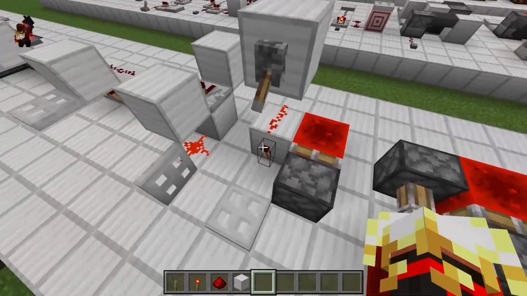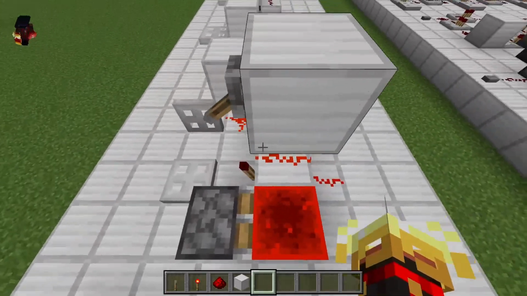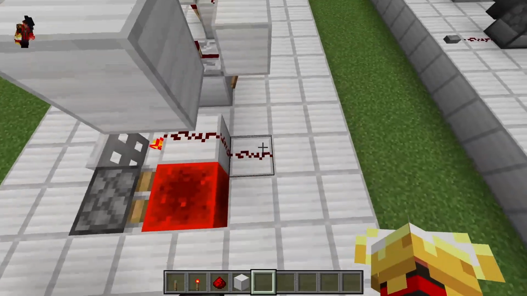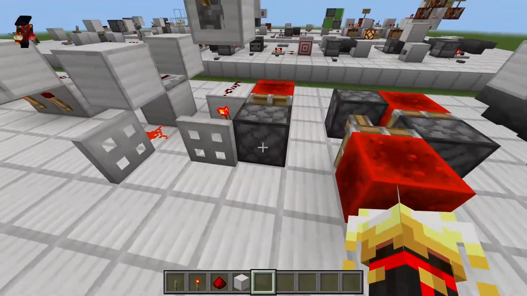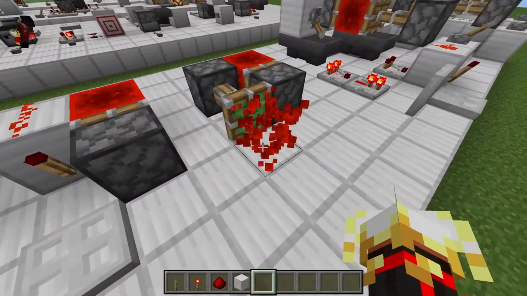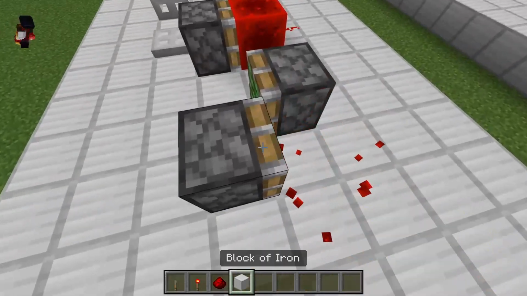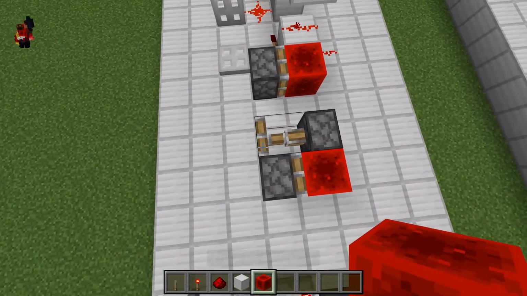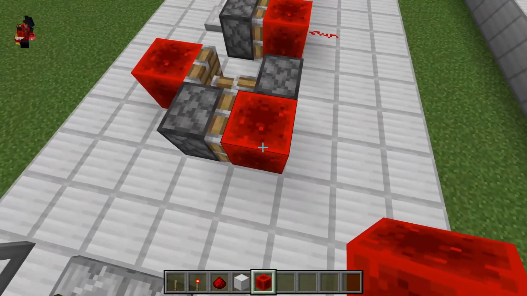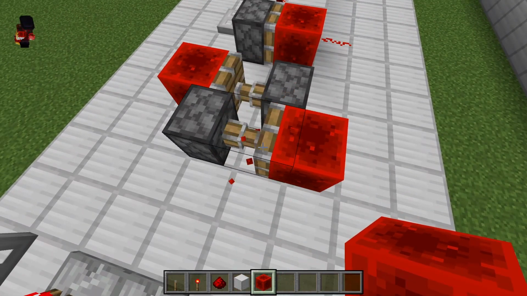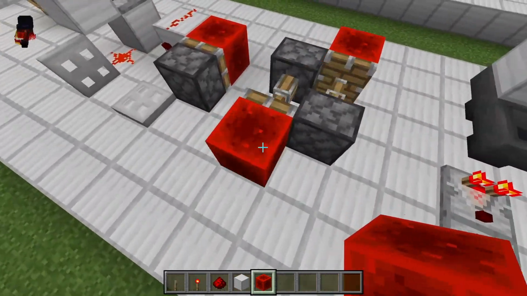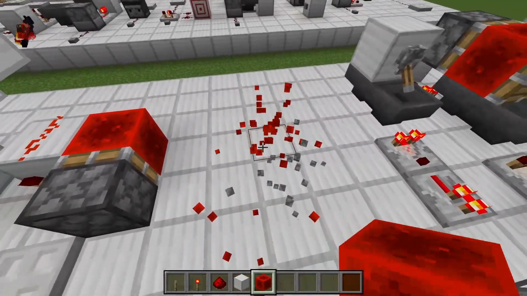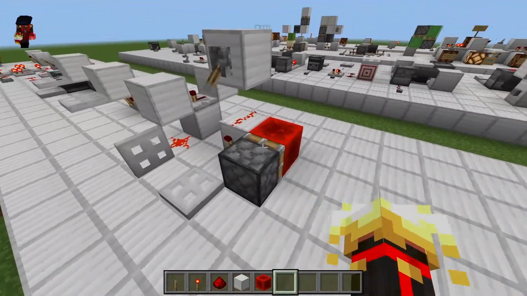Here we have another clock where we have the piston powering the torch, which powers the piston, it's also a loop. And here we have this clock. What you can do here is if I quickly break this and place this again, it creates a clock piston. However, that one is really difficult to reset and turn off like the first one, which is why you can